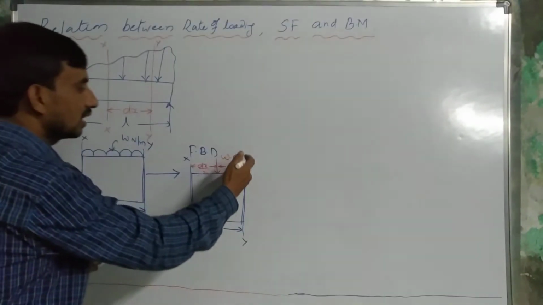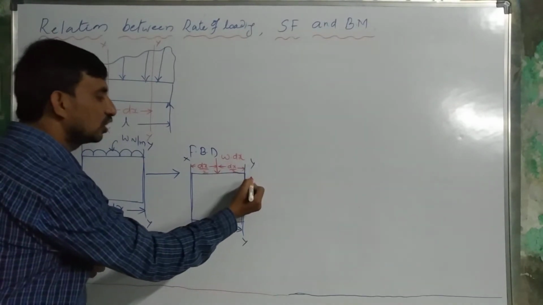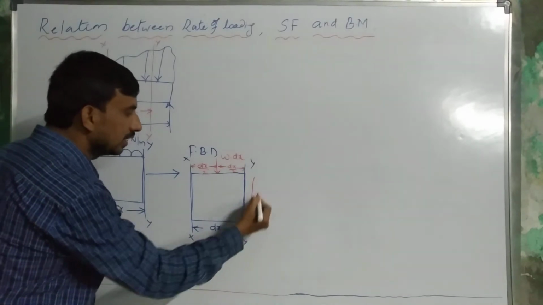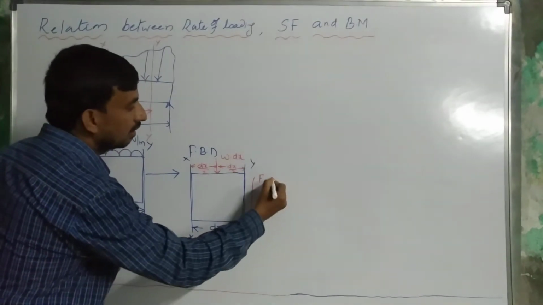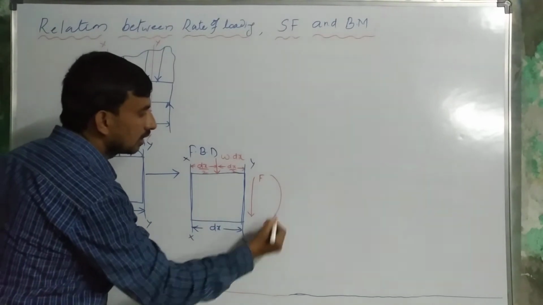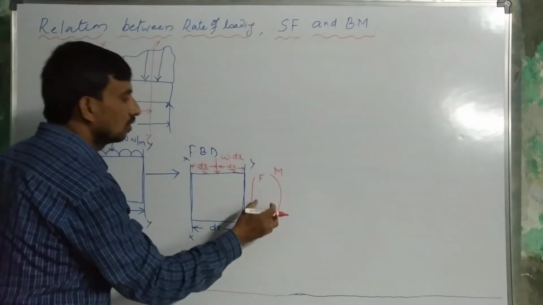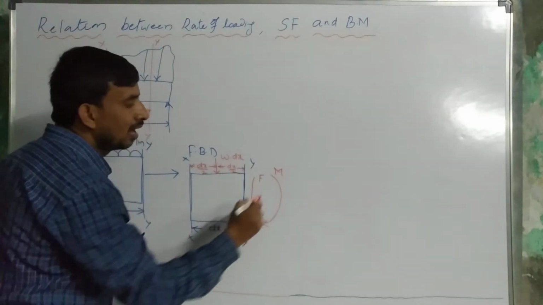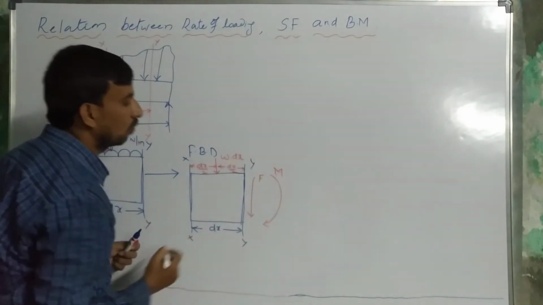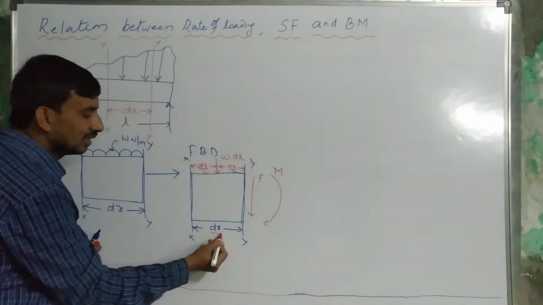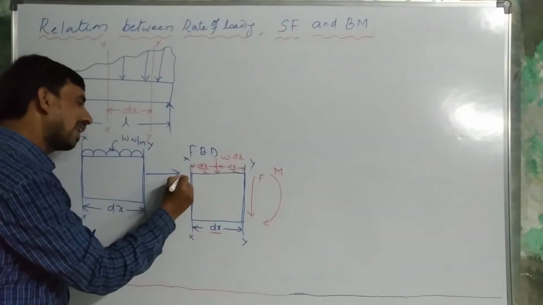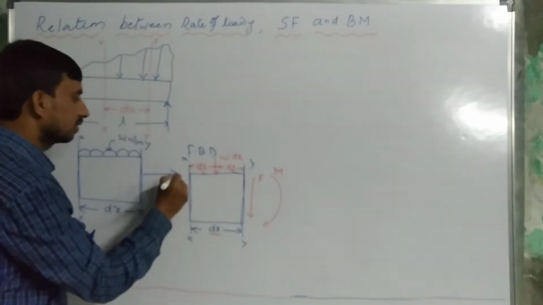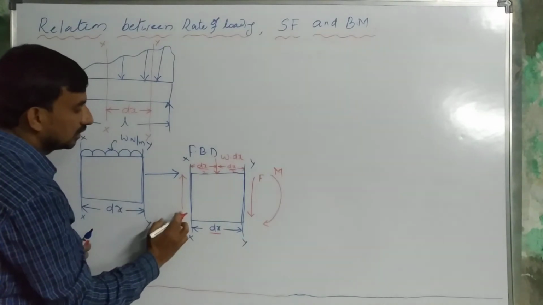Right. As we are considering a section here, at this section we have a shear force as well as a bending moment. So the shear force F is acting downward and we have a moment M which is clockwise. We are assuming that the shear force F is acting vertically downward and the moment M is clockwise. After some distance dx, the shear force will act opposite to the force at section YY. So this is an opposite direction shear force.